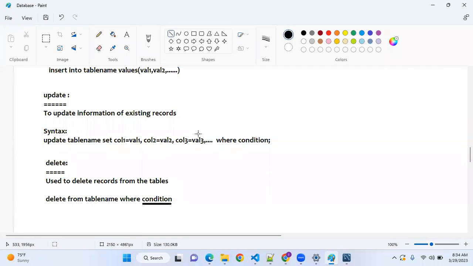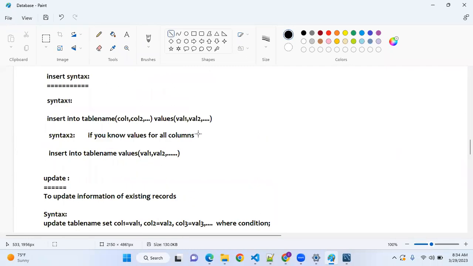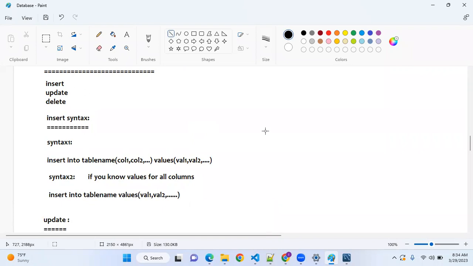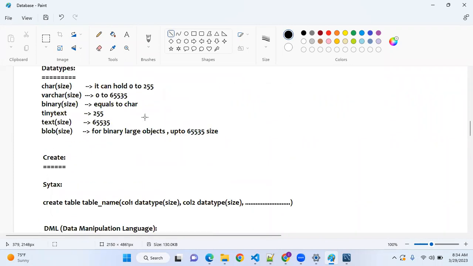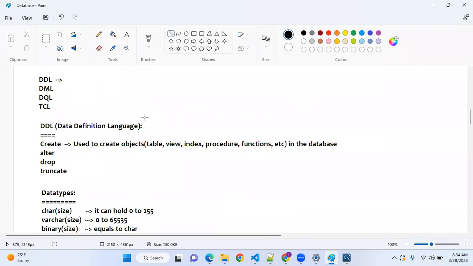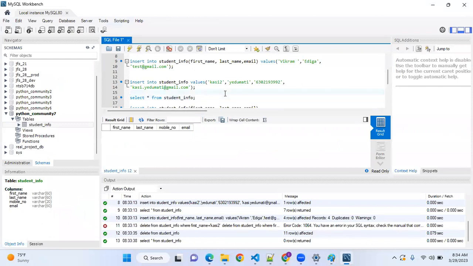Let's discuss tomorrow. The task for tomorrow is that you need to practice all of these things in your own way. Don't just practice whatever I have given in the class and leave it like that. Enhance it and think in a different way, play with the syntaxes, delete multiple records, update multiple columns, and try out all the things. Let me know if you have any doubts. Along with that, to practice, you need MySQL Workbench installed. So install MySQL Workbench also. That is the task for tomorrow.